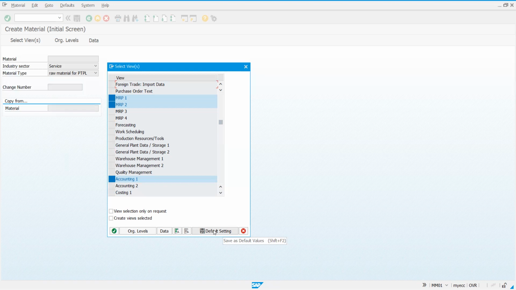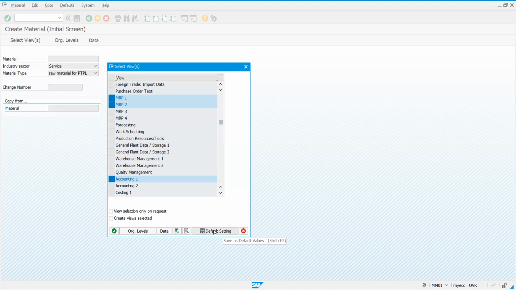There are MRP 3 and 4 also. There are MRP 1, 2, 3, 4. Why did we select only 2? Yeah, in MRP 3 and 4, you will have just-in-time processing, backflushing, repetitive manufacturing. So these things we cannot define there. So that's the reason I have not chosen them. We can choose all the views, but we cannot provide information for all. Okay.